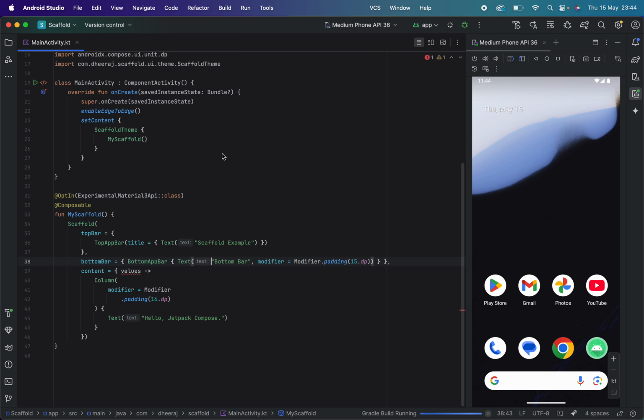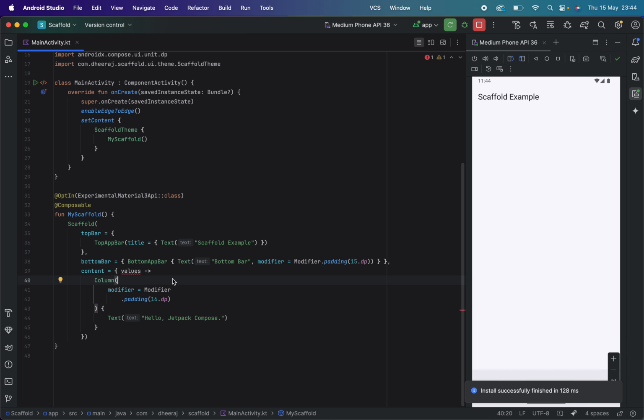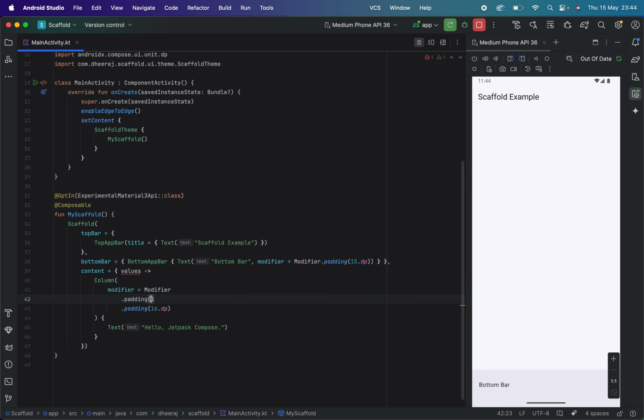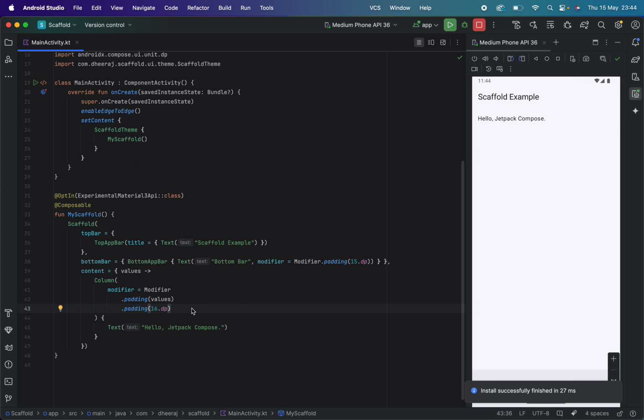First we have to check whether this is working or not. Okay, after that we will teach you about Surface and how to use it. So guys, here we can check the bottom bar is showing as a bottom bar, and the top app bar is showing as a scaffold example. So basically why is it not showing our text? Let me check why. I think here we need to give